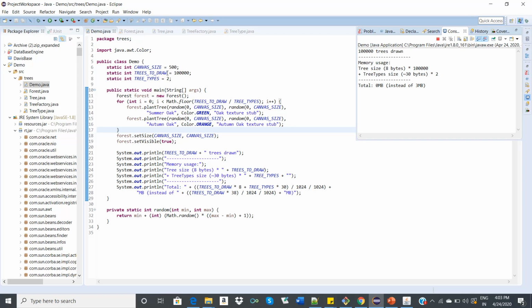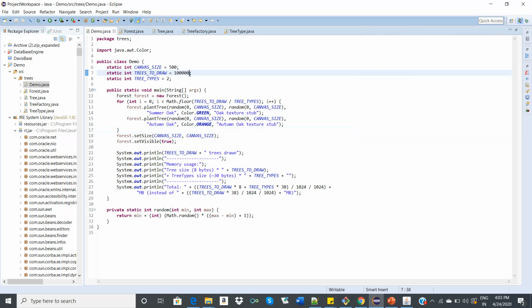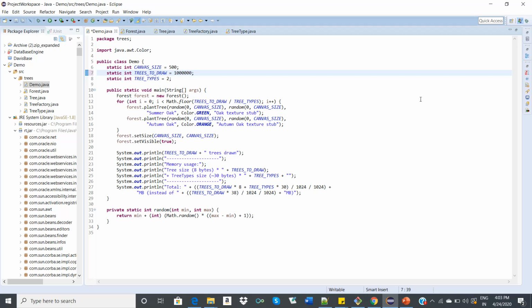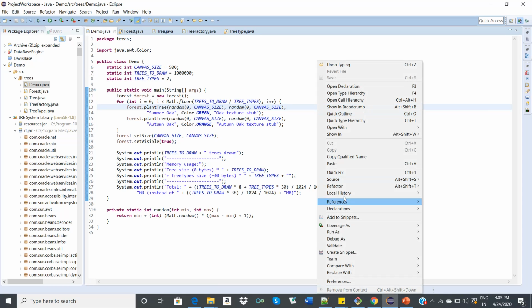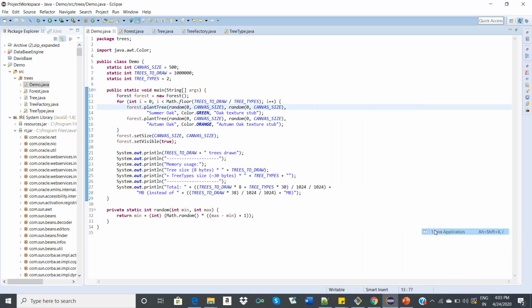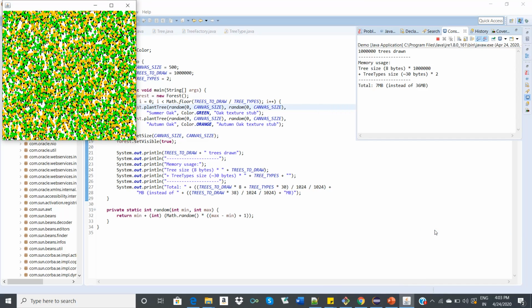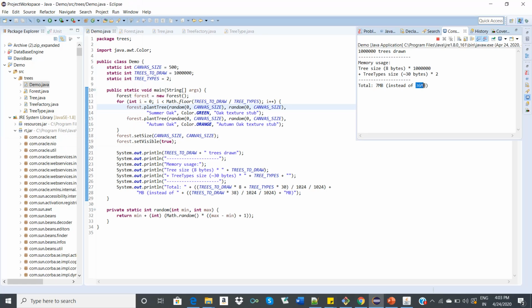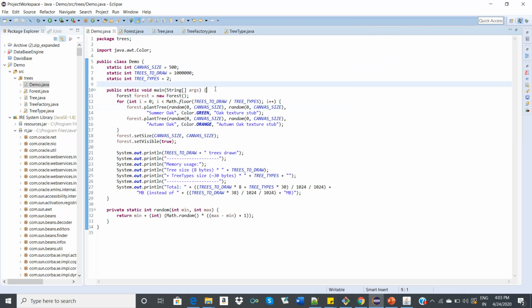Let's say we increase this number to 1 million, and let us check after changing this. See, without the flyweight pattern, we'll be using 36 megabytes of memory, but using the flyweight pattern, we used only 7 MB.